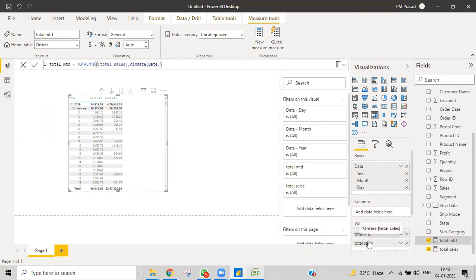Or else I'll just make it in the top so you can understand. This is my January 2nd sales. In the January month, don't consider all those other things. MTD means that in the month, the values will be cumulative. On January 1st, I don't have sales, so it doesn't show that.